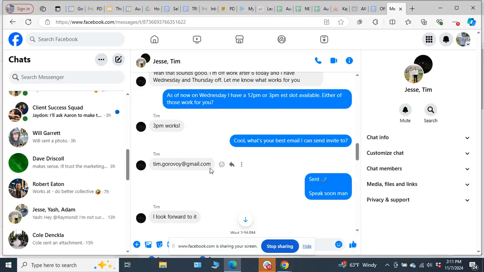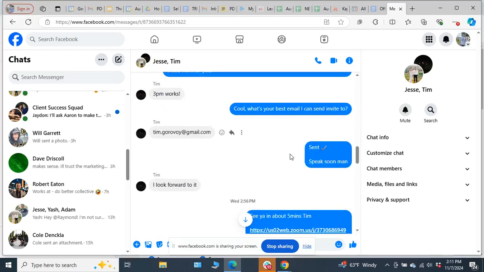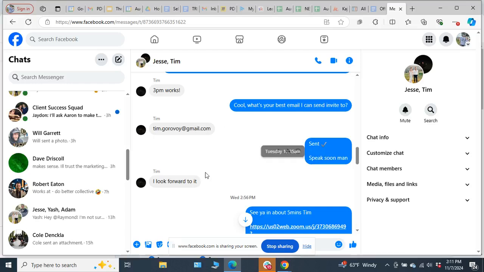Email provided, invite sent, and you guys can see if you see the timestamps. These all came back almost instantly. This wasn't like I had to follow up 2 days later. If anything, there was a half hour, an hour gap between messages where one of us was on a call, whatever, right? You live, but these are very prompt replies. Sent, invite, speak soon. Look forward to it.